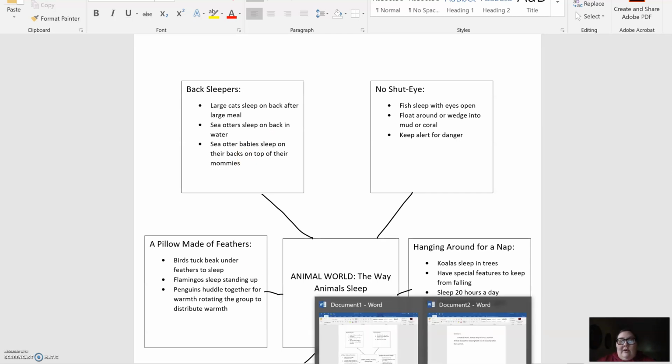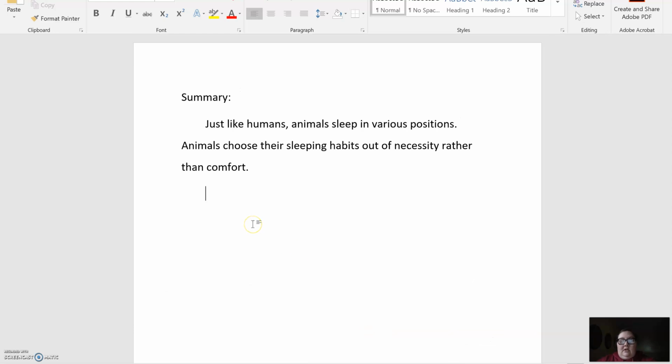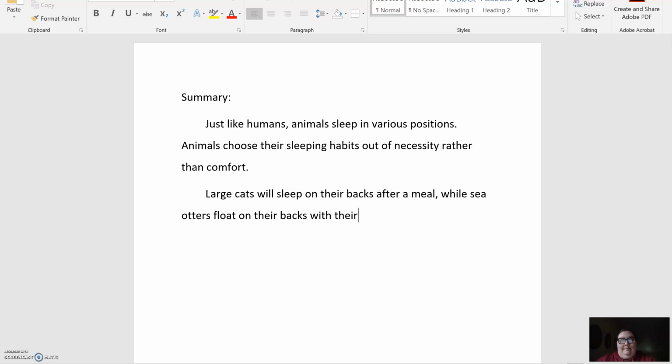So let's go back here and I'll show you how I'm going to type this up. So large cats will sleep on their backs after a meal, while sea otters float on their backs with their babies on their bellies in the water. This is one sentence. I summed up that whole section. All right, so this video is gonna end, so I'm gonna let you summarize the rest of it, but that's just a little caption or a little brief understanding of how we're gonna